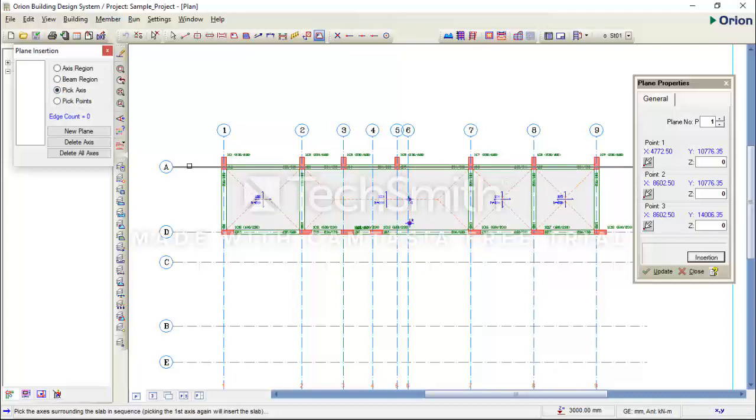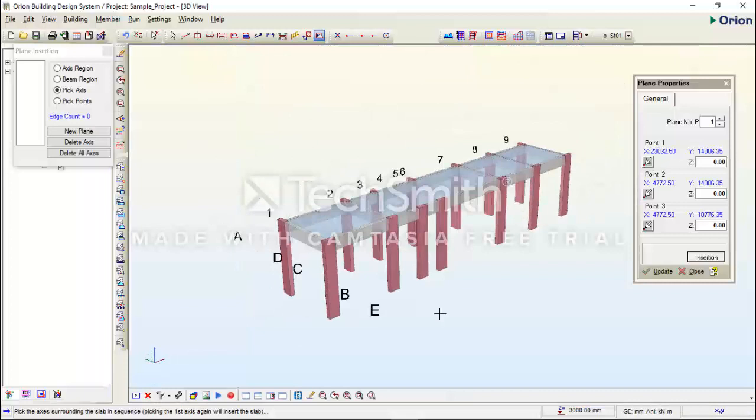So I'm going to select grid A, grid 1, grid D, grid 9, and then grid 1 to insert my plane. So a plane has been inserted throughout the floor plan. I want to show you the 3D view. This is how